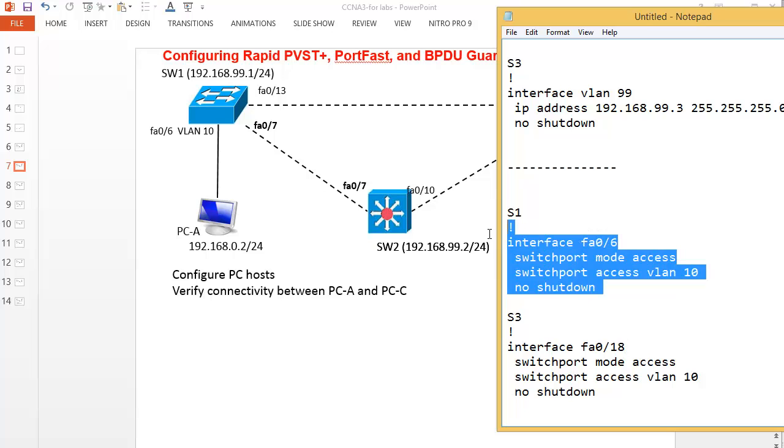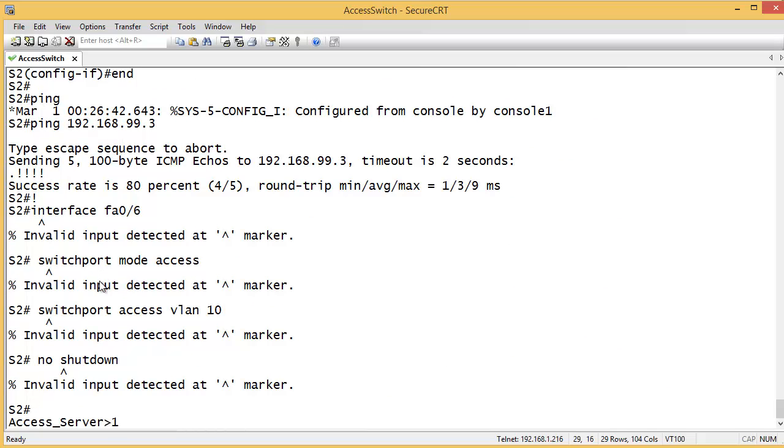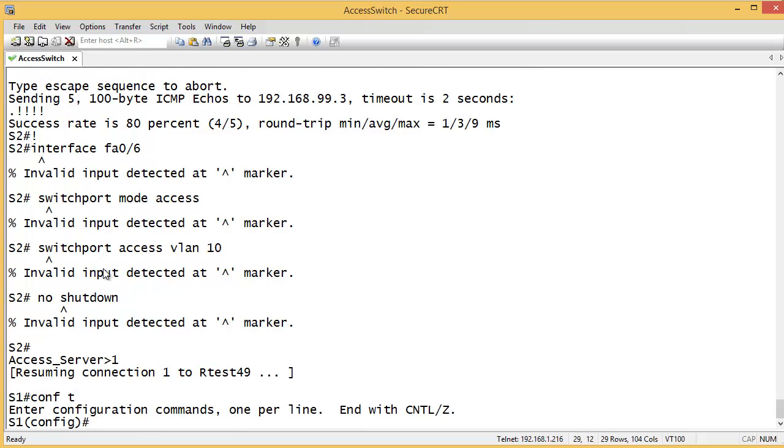Okay, so I'll do this first on switch 1. So copy, go to switch 1. Well, no, not switch 2. It's good that wasn't that. Okay, so change it to switch 1, config t, and then